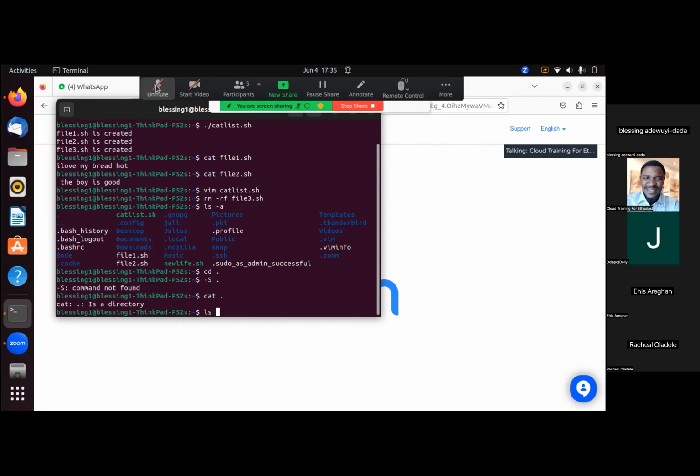Okay, let me just put it this way. It's a simple script which you can do. Let me create a new slide. For example, I create a file. Maybe the name of the file is automate.sh. Inside that file, I write touch, or let me not use touch. Most times you don't always use touch if you want to create a new file inside a file. You say echo. Maybe if I say echo and I say mkdir, no, let's say echo, inside